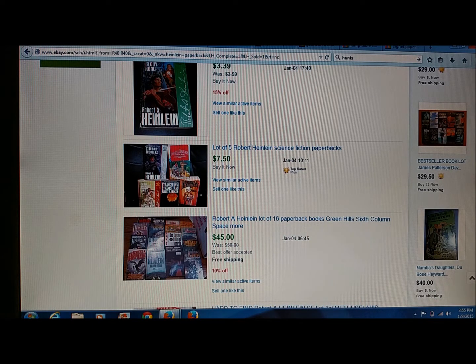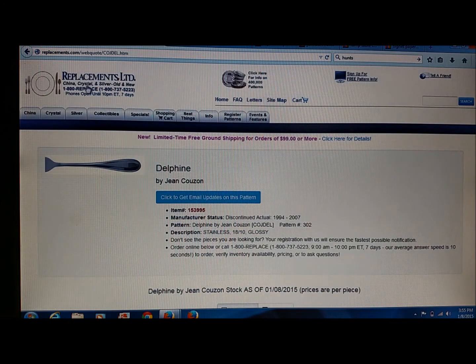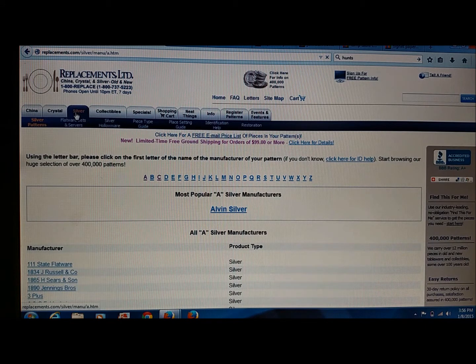And then we've got the Cuzone spoons, and I generally start by going to replacements.com. That's where I find out the pattern names for things, and any sterling silver or silver plate or even stainless steel flatware. You just click on the silver tab at Replacements Limited, and then look up the company name. It's marked on almost everything,